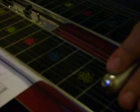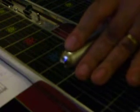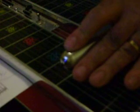Same thing, same strings, 4 and 5. A pedal. Now scribble your line down and write down E minor. E minor. Above, write 3 minor. So far we got